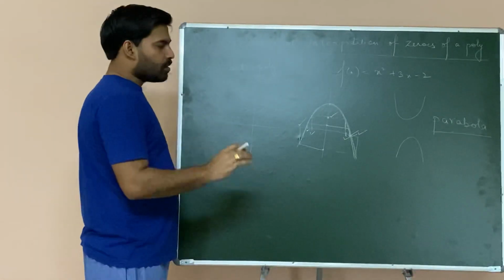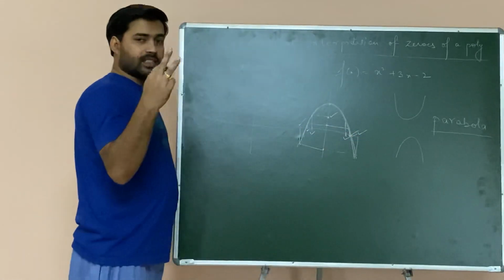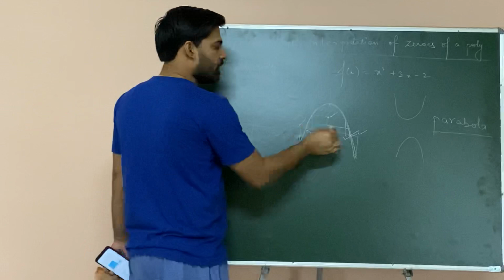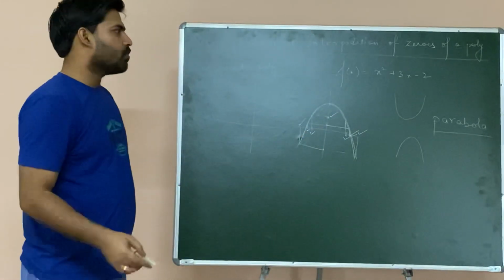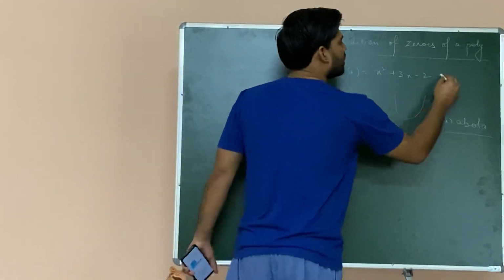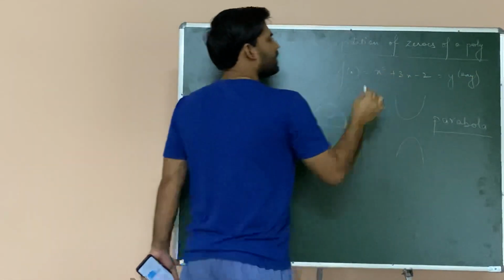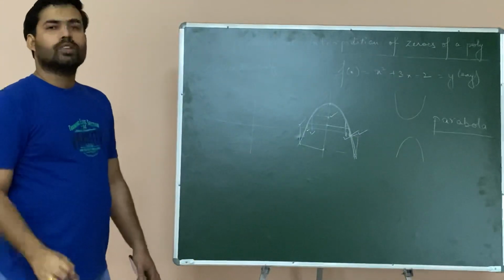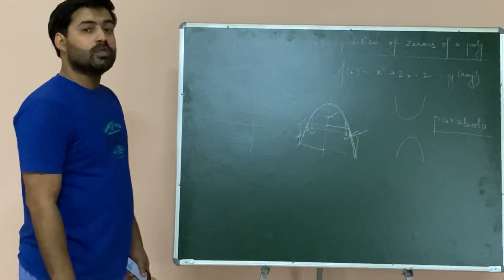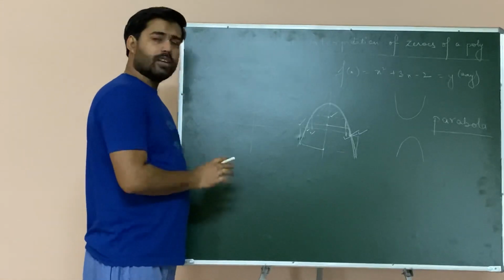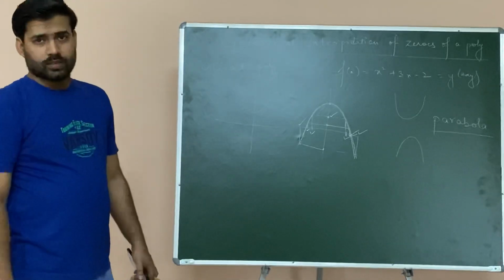Fine. So if number of zeros is 2, you will see that there are two values of x every time. This is two values of x, two values of x, two values of x. So if you consider this to be y, say, in this case you will get that this particular thing is having two solution sets. For every y, there are two solutions of x or two zeros of x. Fine. So this is how the graphical interpretation of a quadratic polynomial is.